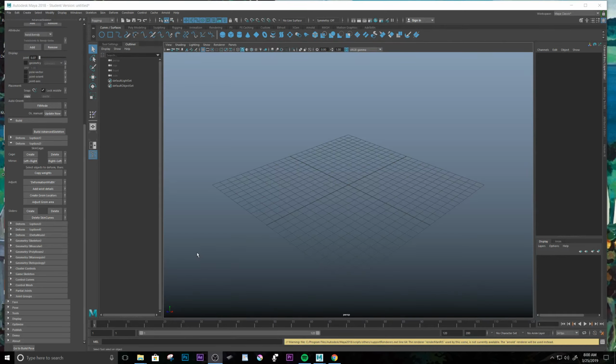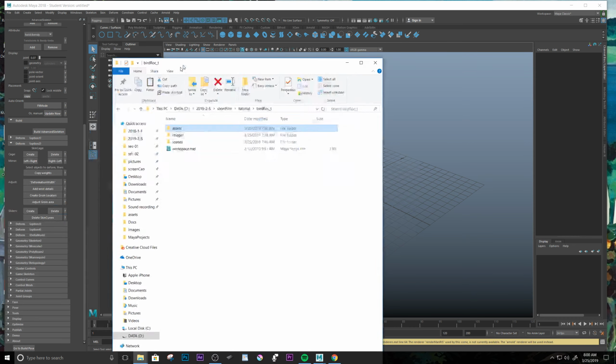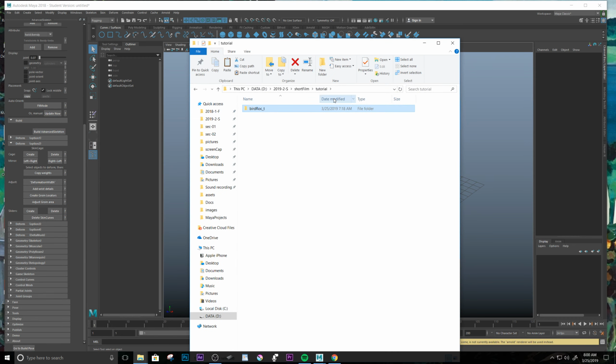Hello everyone, in this tutorial I'm going to show you how to preserve skin weight when you do rigging. The project file that I'm going to be using is this one, birdrock_t, and you can see that I